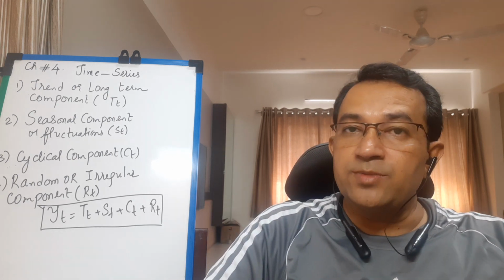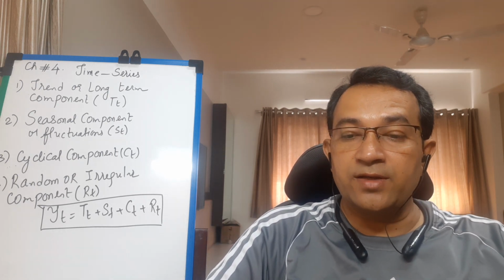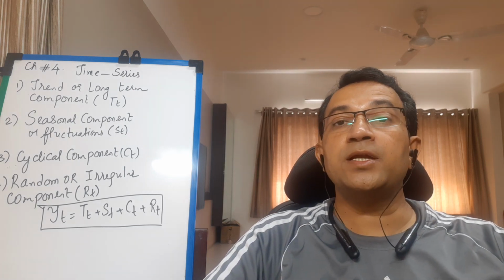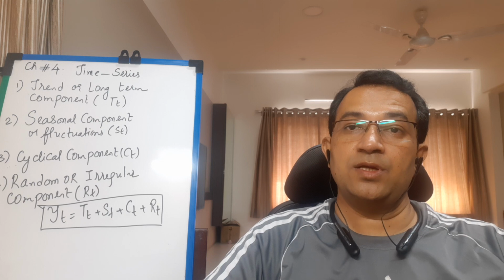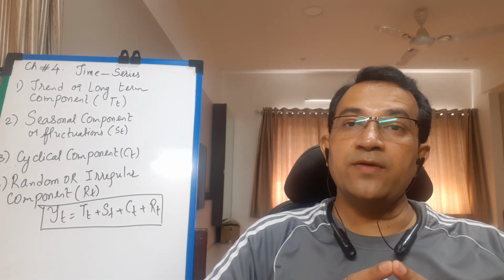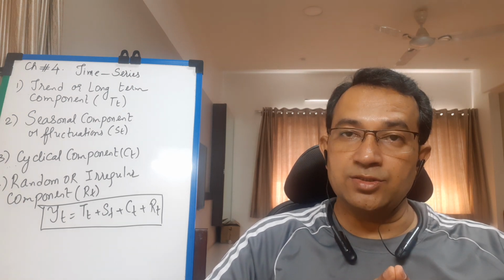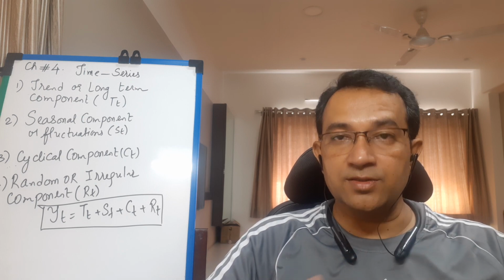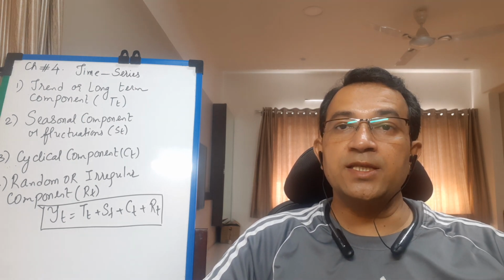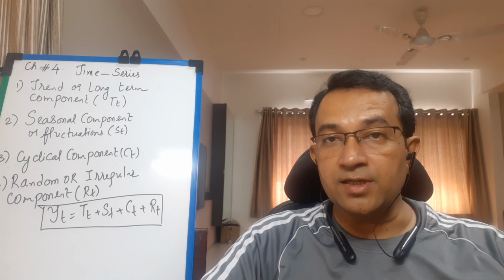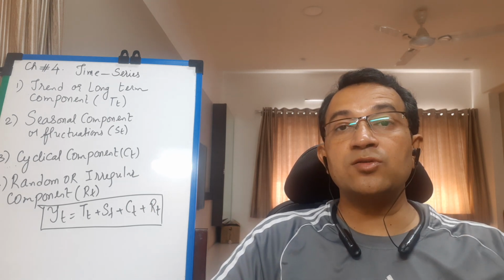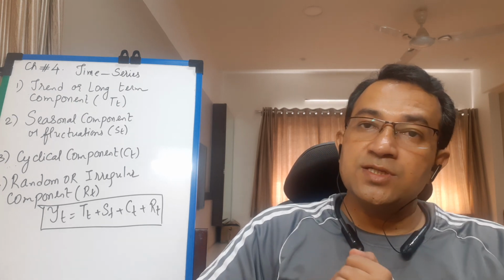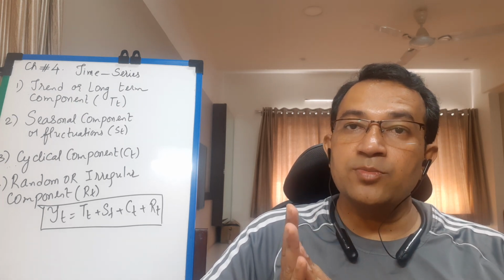Then the trend of a time series is experienced, students, after a very long time. And a long time here is completely relative. Students, trends are usually affiliated to long-term variation. Say for example, the trend of wearing jeans trousers, I told you, for 50 years. The trend of studying agricultural production, say 10-15 years. The trend of sales of electronic goods, 4-5 years is sufficient. So the trend of a time series is experienced after a very long period of time.